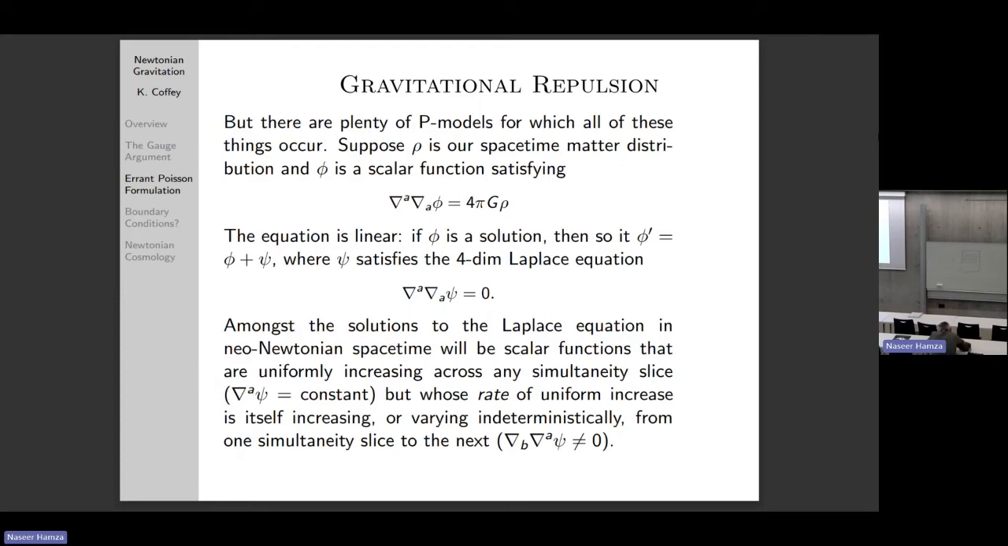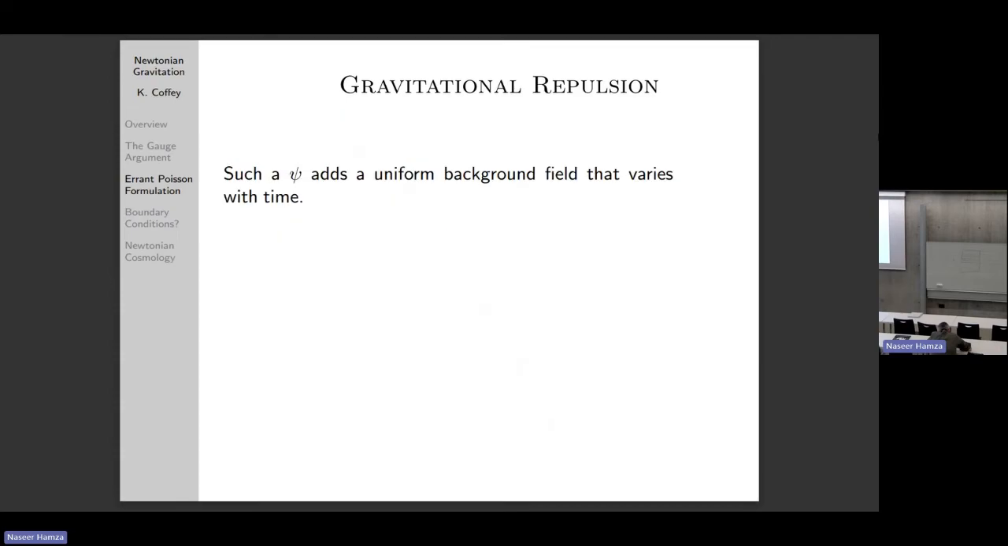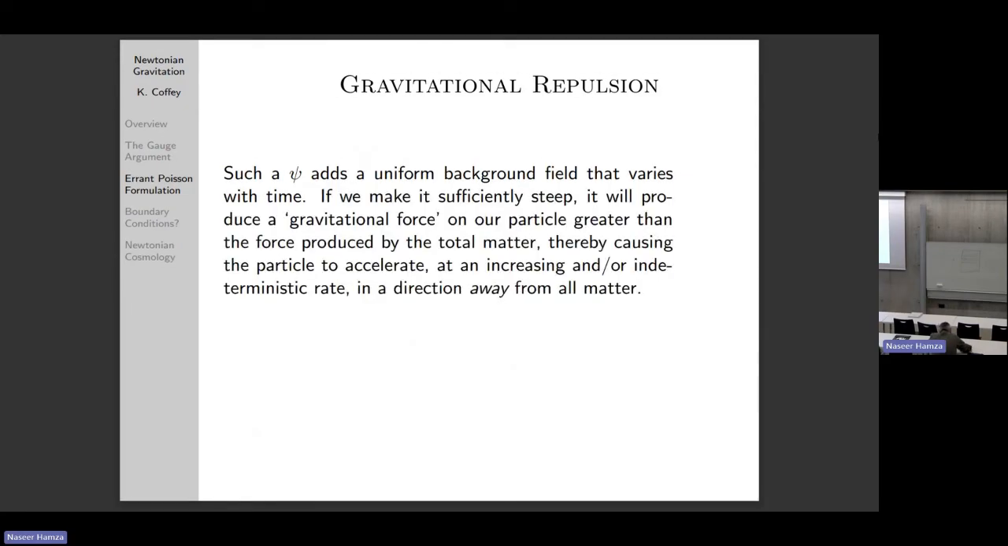All right, any psi like that can be added, and we're still going to have a solution to the Poisson equation, and so we're still going to have a P model, right? And what psi is doing is it's adding a uniform background field that varies with time. And if we make that background field sufficiently steep, it's going to, as it were, produce a gravitational force on our particle that's greater than the force of all the matter in the universe, right? And it's thereby going to cause